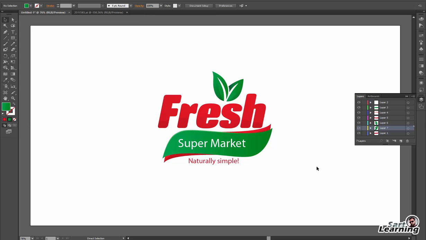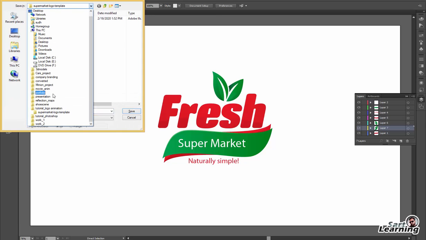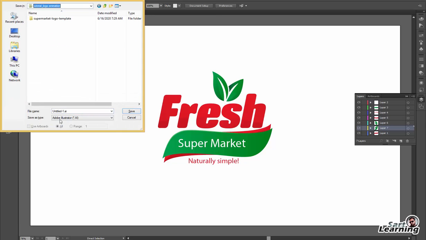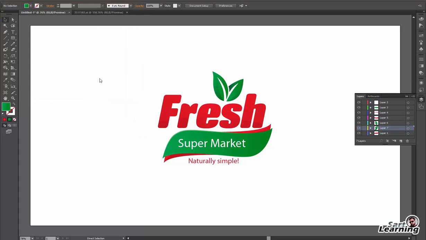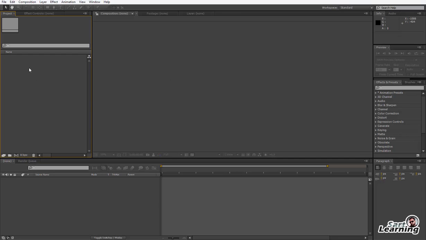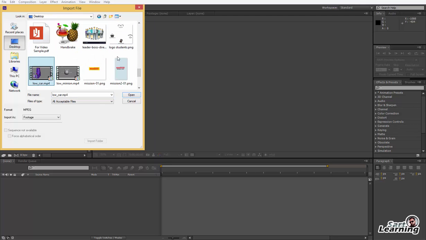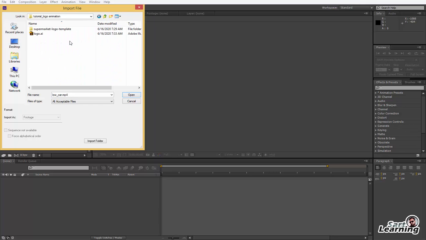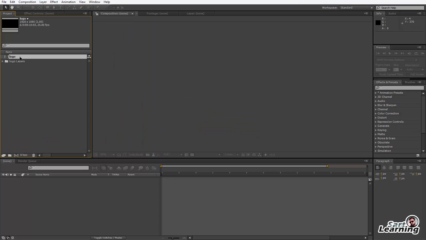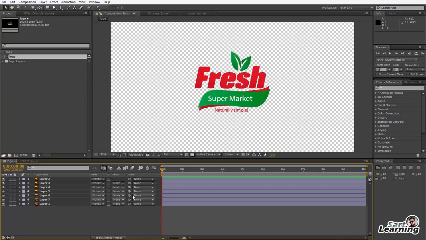So it's time to animate. Save this logo in an animation-ready form. You can give the logo a separate name. Now open After Effects and import the layers as a composition, so all my layers convert into separate layers. So select the logo, click on import as composition and say OK. Now double click on this logo.